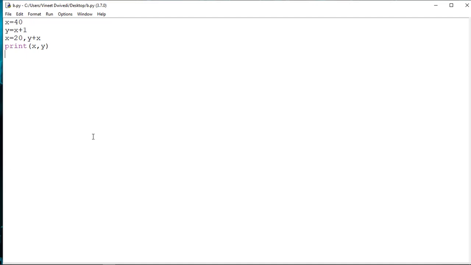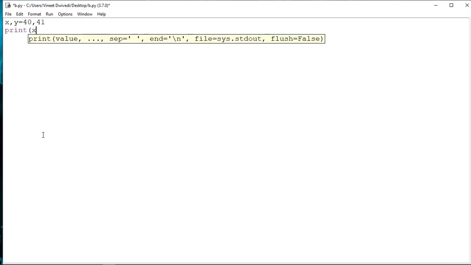Suppose the code was written like this, we will just make some minor changes in the code. x is equals to 40, and here we will write x comma y is equals to 40 comma 41, suppose. In the next line we write print x comma y.